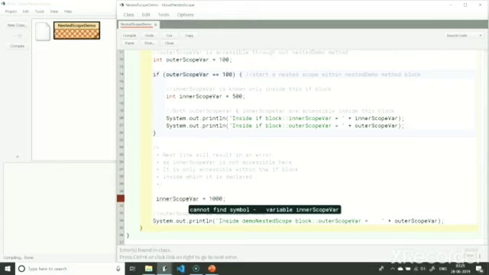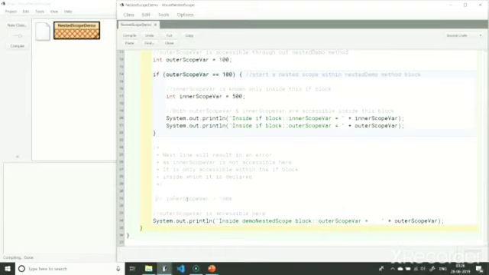Variables declared in the inner scope are only accessible within that block. They are not accessible in the outer scope. Hence, we are getting this error. Let me comment this line again. Of course, outerScopeVar is still accessible as it is declared inside the nestedDemo method scope.